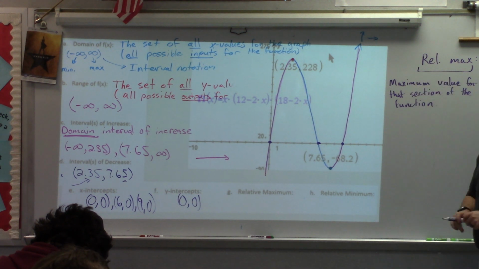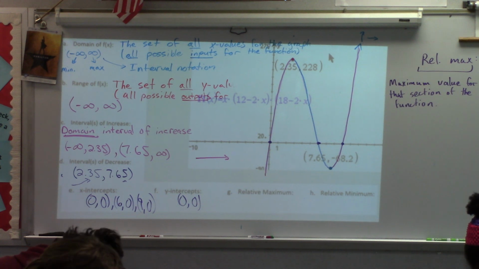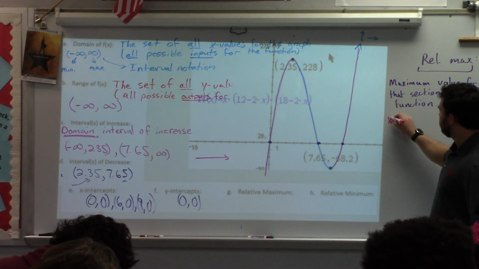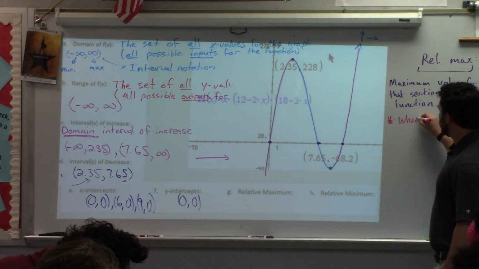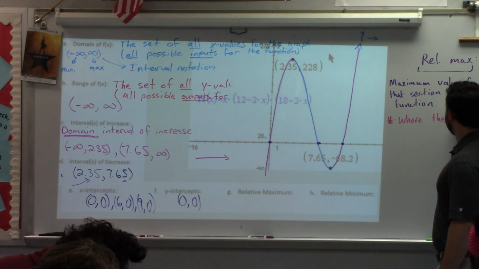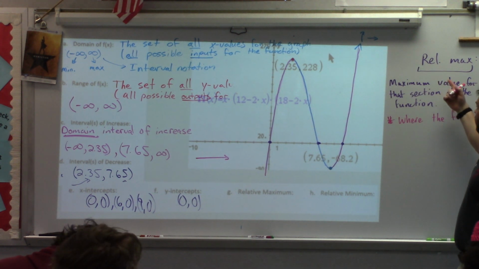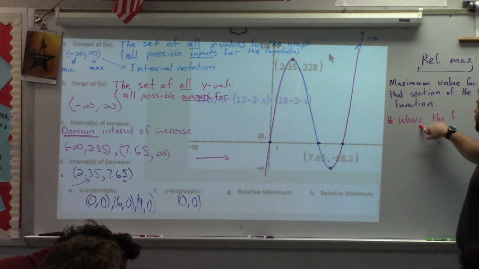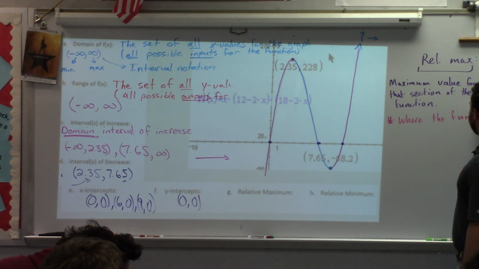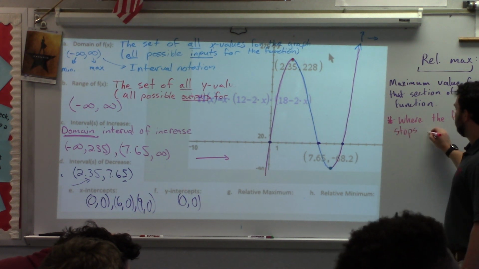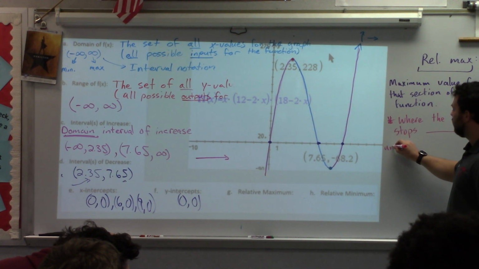Now, there's a way easier way to identify a maximum, though. It is where the function, notice the where, that's the x part of it. So you want both the value, which is the output, and the where, which is the input. But this is where the function stops something and starts